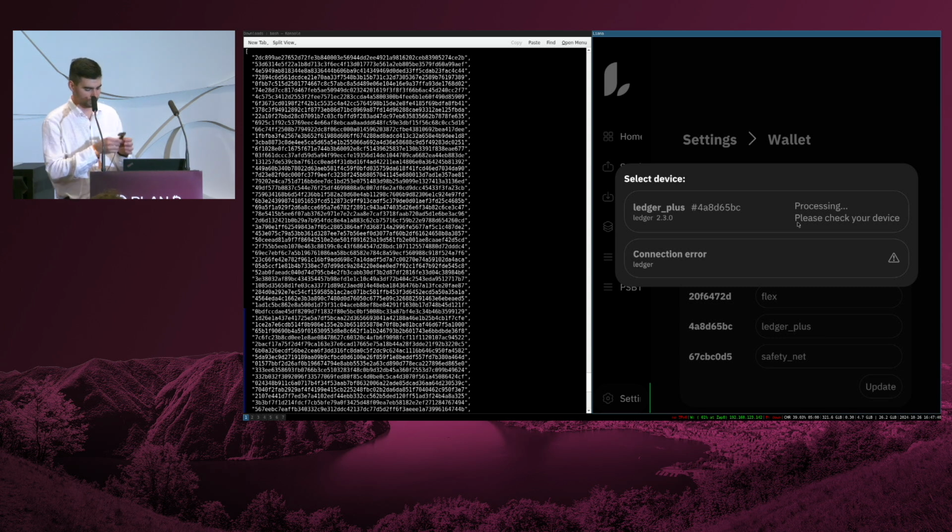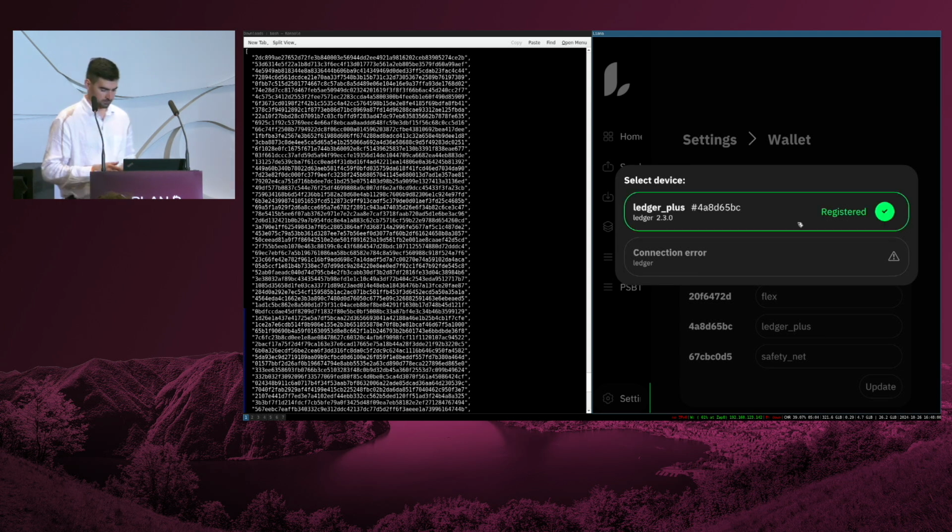The screen is very small, so you will not see anything. I'll just accept here, approve. It gives you the same information as on the other device. It says this XPub is external, the other one is external, and the third one is mine, internal, and approve, approve. Okay.